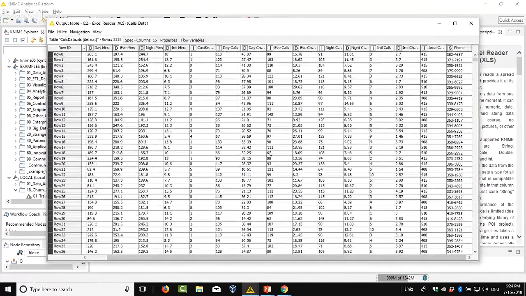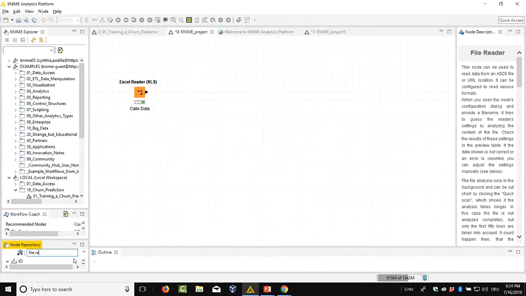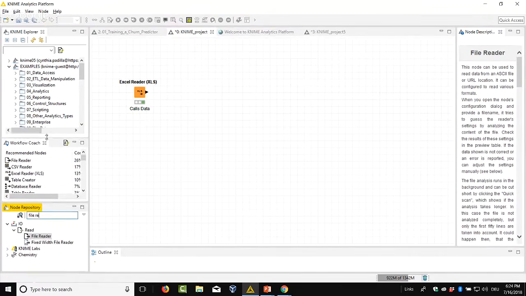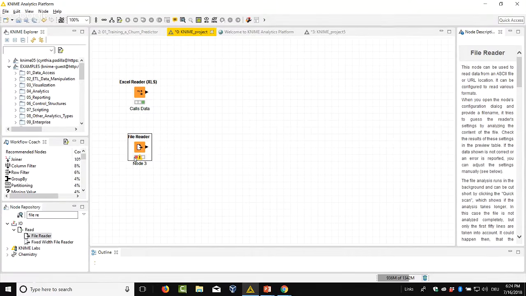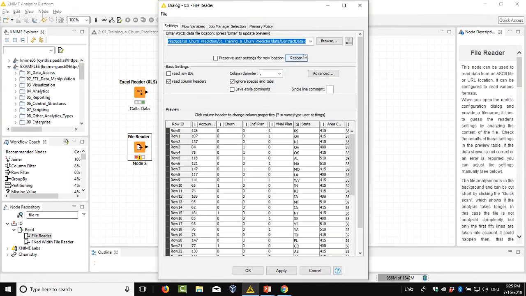And here I can see that I have missing data, or if something looks a little off as well. So then I want to add a file reader. Let me minimize that. I'm going to add a file reader. And again, I start with a red light because it has not been configured. I can open it, and I'm going to select the contract data, similar to what I have in the already built churn predictor workflow. This is a CSV file, so we go ahead and determine that it's delimited by a comma,